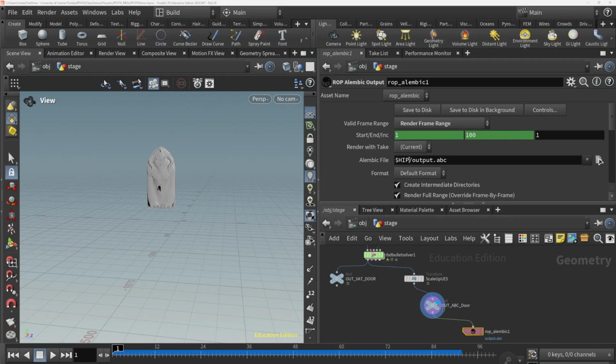As for the Alembic file, hopefully we're still working in the same project, so we're going to put $job output Alembic, and so I'm going to say $job ABC slash, I'll call this demon door